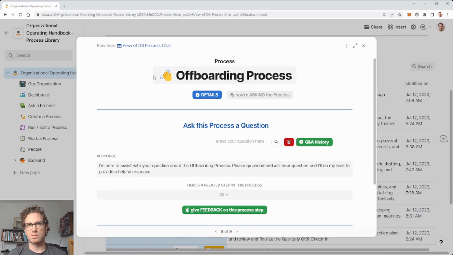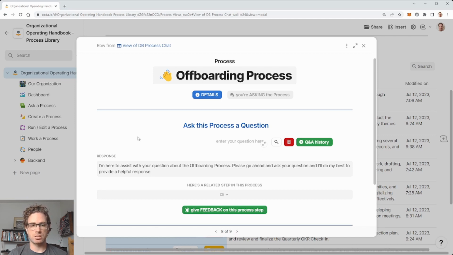So when you create a process, it'll pick an emoji to fit. And I just really appreciate that the one they've chosen for this is this bye hand. I think that's kind of funny. So good on it for that. So imagine you're an employee coming in, trying to figure out what this offboarding process is about, how you might use it, and one of your questions might be,